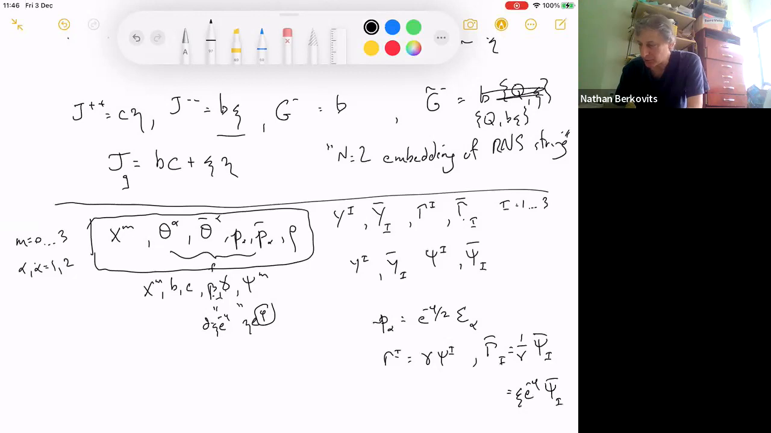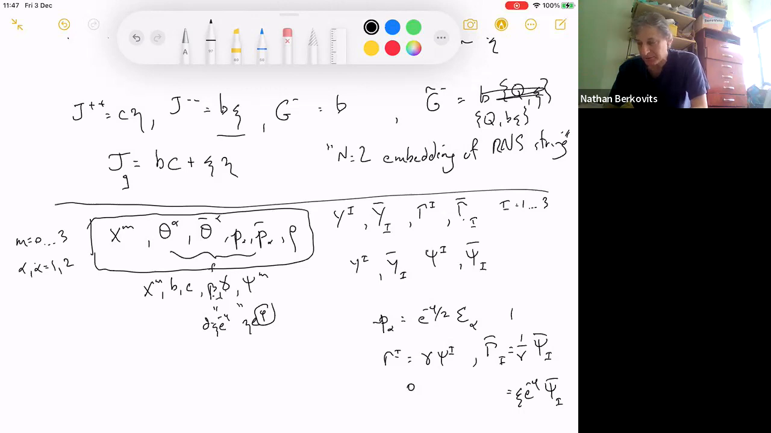I didn't tell you what the conformal weight of these fields are. The conformal weight of psi and psi bar, of course, is plus 1/2. The conformal weight of gamma I is going to be 0 because of this gamma ghost, and the conformal weight of gamma bar is going to be 1. Similarly, the conformal weight of theta is going to be 0, and the conformal weight of p is going to be plus 1. So all the fields in this theory have integer spin conformal weight,